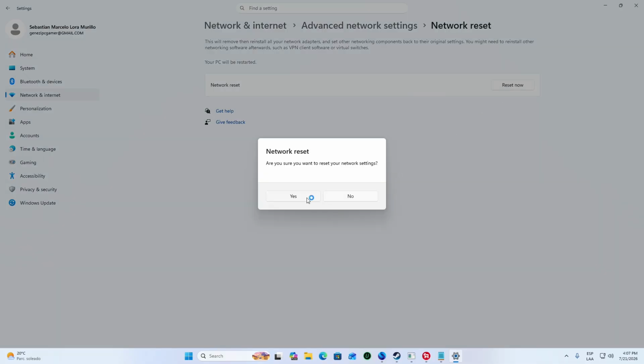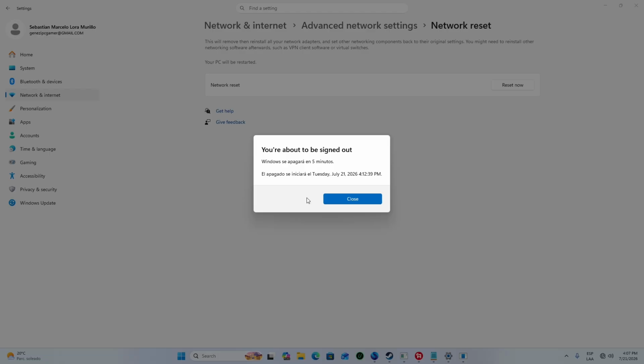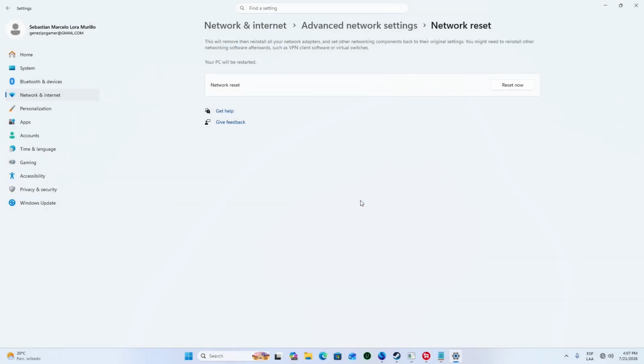We say yes, and it resets the internet connection. That would be the third method.